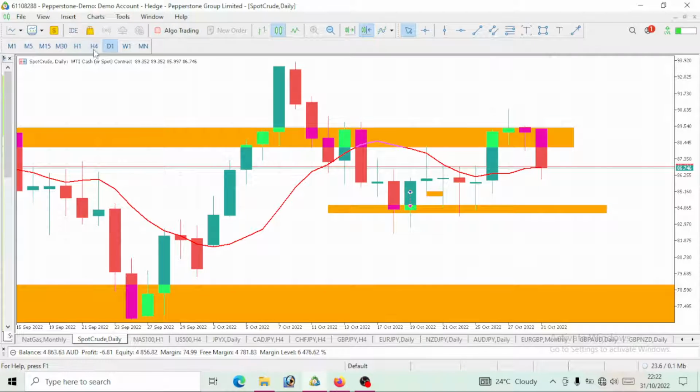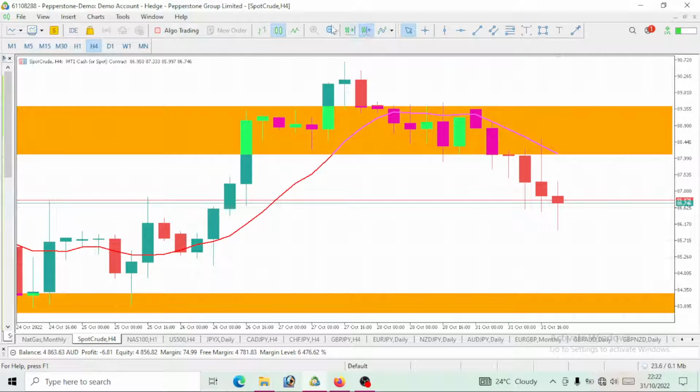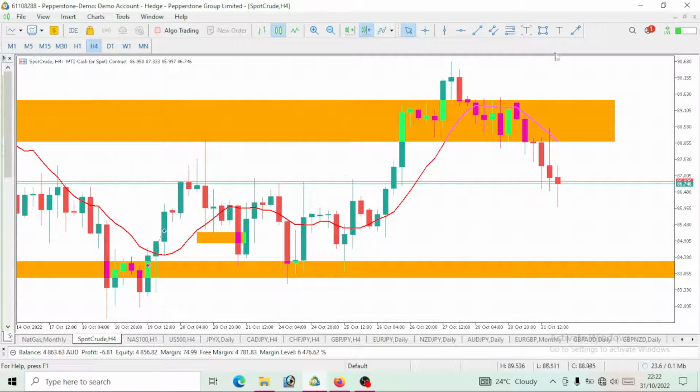So now that should take us to the 4-hour time frame. What does the 4-hour time frame say? This is clearly a bearish move. Now notice that I said we would be having a drop right to a level of 84, right? And we would want to place this trade on the 4-hour time frame. What does the 4-hour time frame say? It says we are bearish.